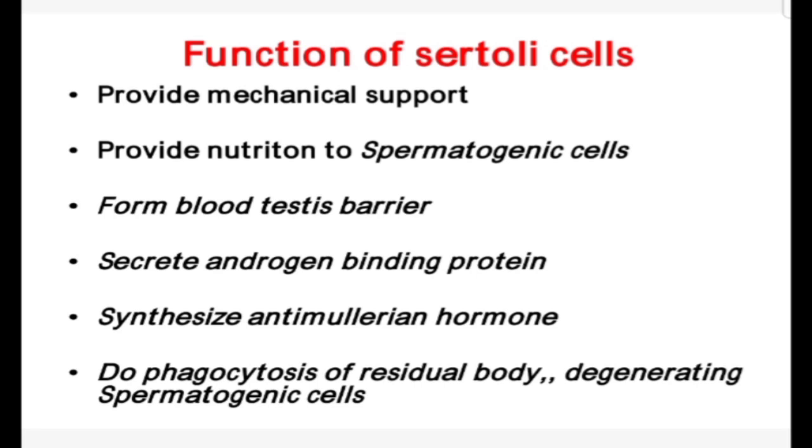One of the other functions is secretion. Sustentacular cells of Sertoli secrete a fluid into the lumen of the seminiferous tubules, which flows in the direction of the genital ducts and is used for sperm transport. Then it secretes an androgen binding protein. It also forms the blood testis barrier. It synthesizes the anti-Mullerian hormone. This hormone is produced during the intrauterine period of development, and it promotes regression of the Mullerian paramesonephric ducts in the male.